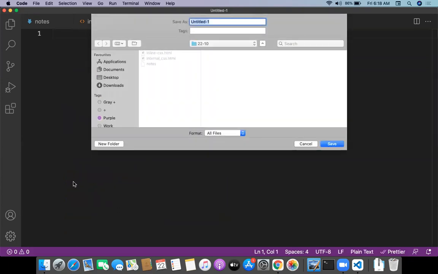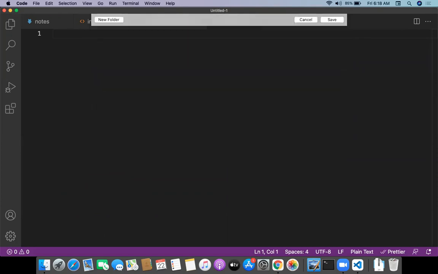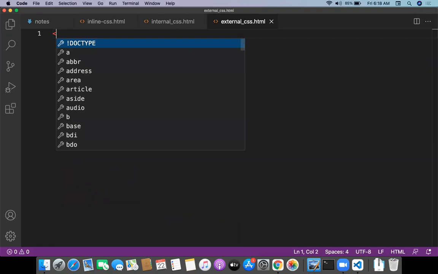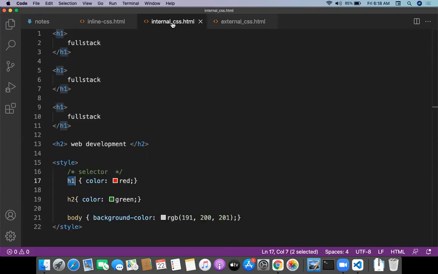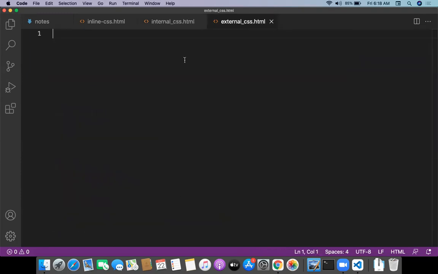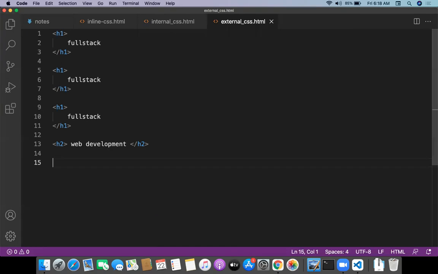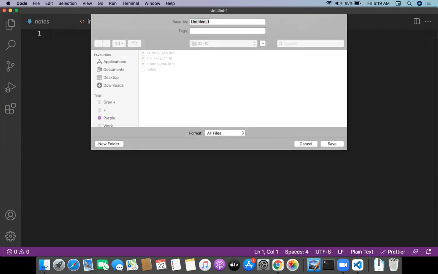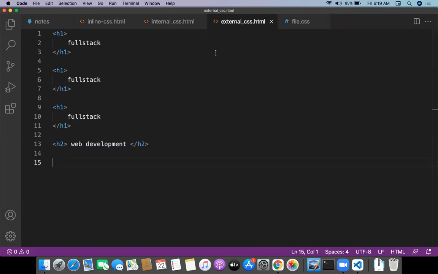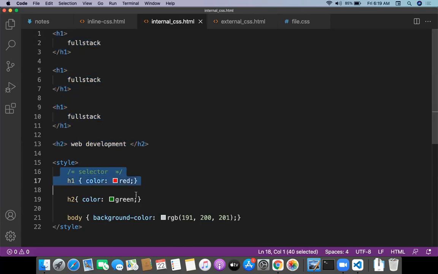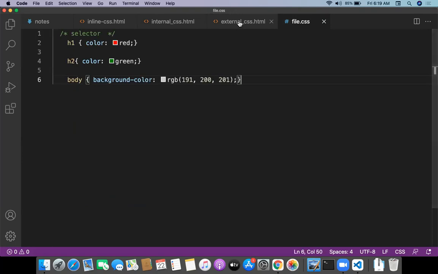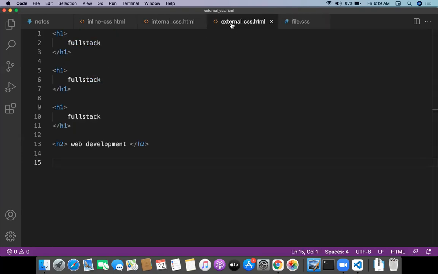The next one is external CSS. External CSS will be very simple. We will see that. So for external CSS, first of all, I need to design my HTML content. So this is my HTML content, for example, guys. So okay, let me take the same HTML content. But now CSS will be outside. I want to create a new CSS file. Create a CSS file separately, file.css. And whatever the CSS code you want, you can take these selectors and put into the file.css. Now file.css file separate, HTML file separate.